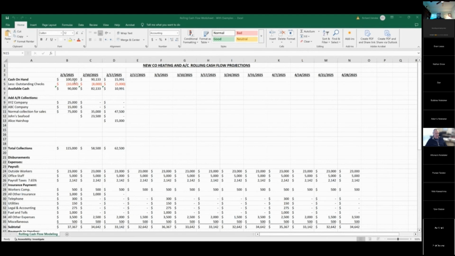So now you're coming up with your cash, and you've got the receivables you're going to collect, your total collections. Then you come down, and how come I can't roll this thing? Are you on the actual document itself? Yes. Hmm. Maybe I'll have to stop sharing and go out and find it again.